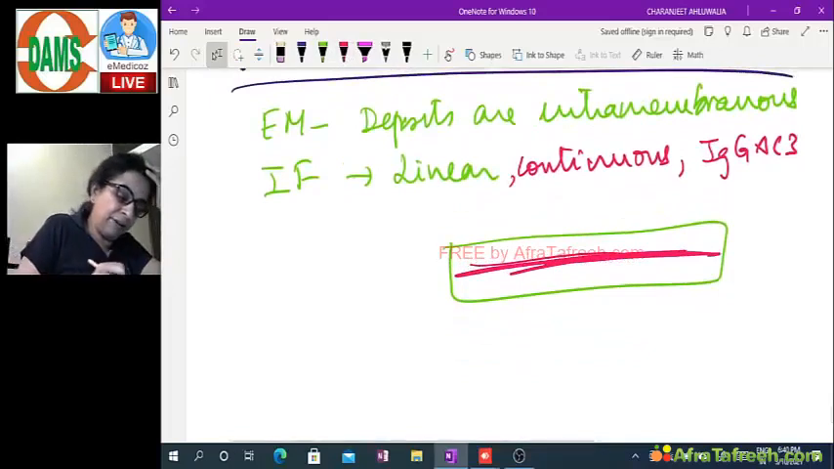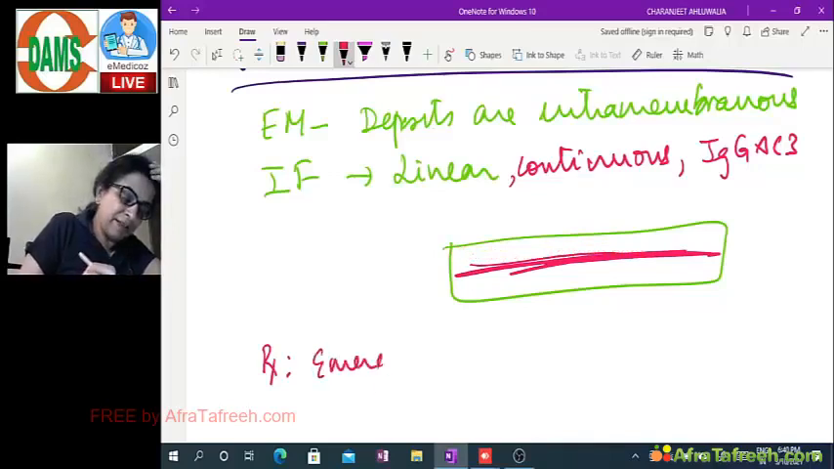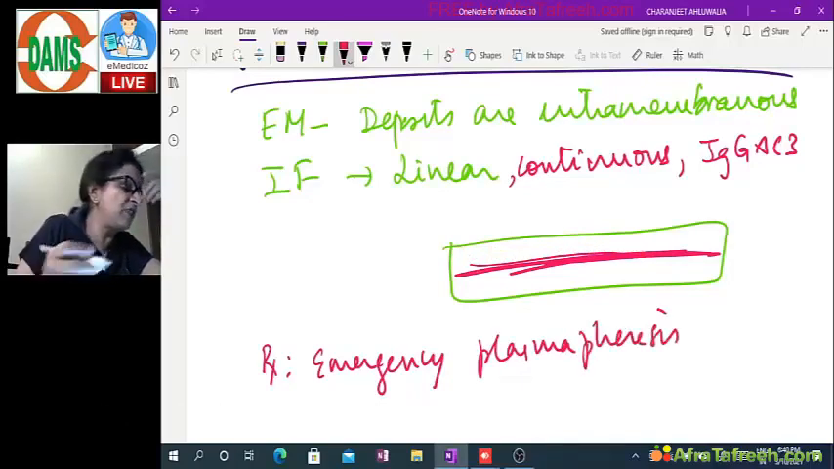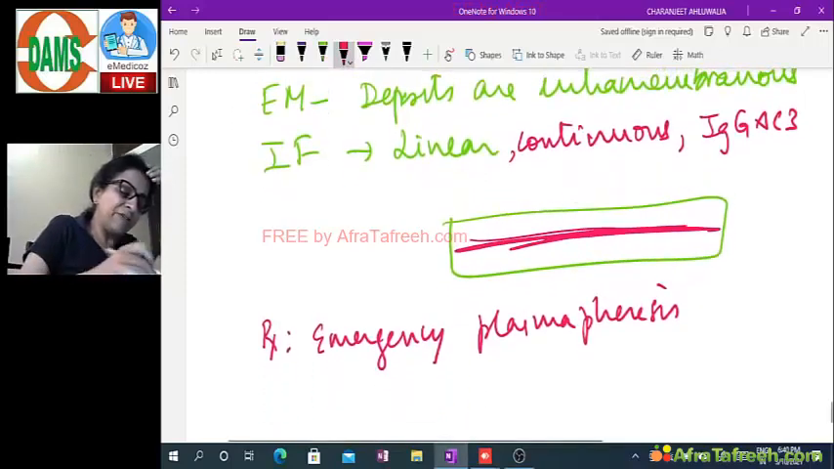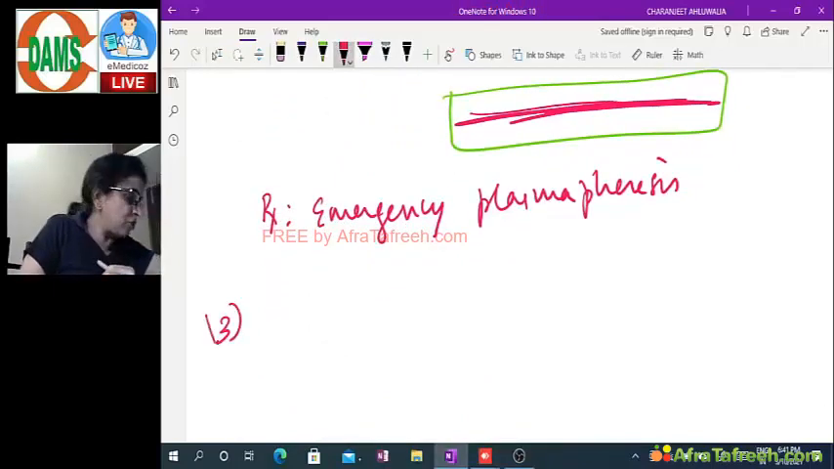And what is the treatment? Treatment of RPGN. In general, treatment of RPGN is emergency plasmapheresis. Pheresis is done to remove these immune complexes or the other components. So this is the second glomerulonephritis, that is RPGN. Okay, I'll be showing you the pictures also. Let me just finish nephritic syndrome. Third is